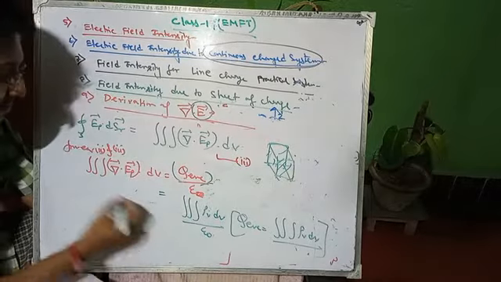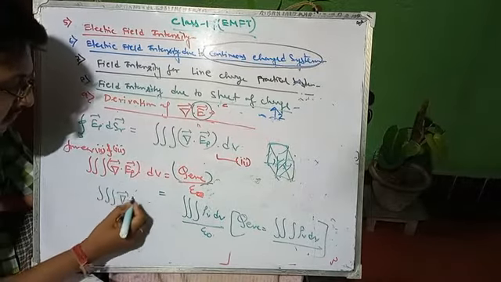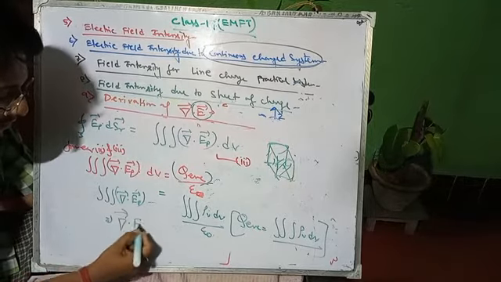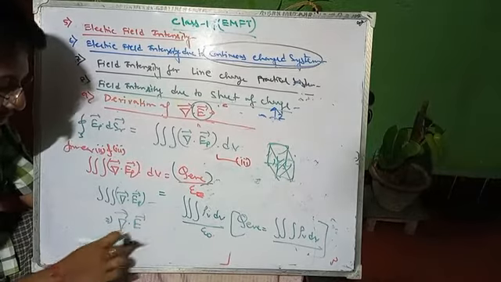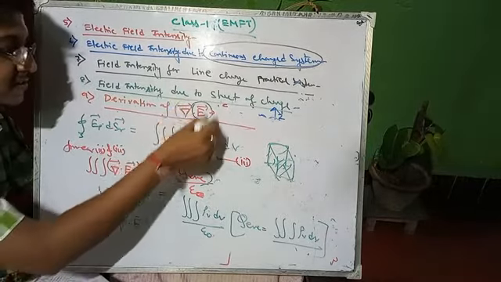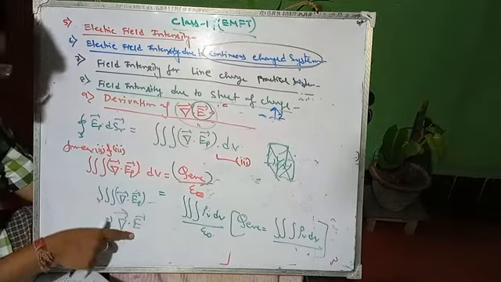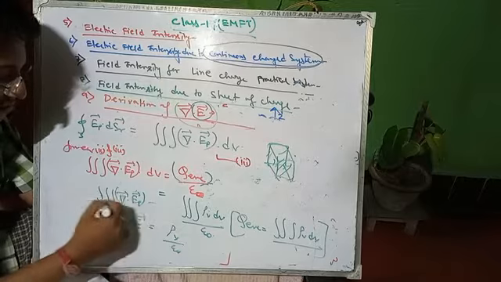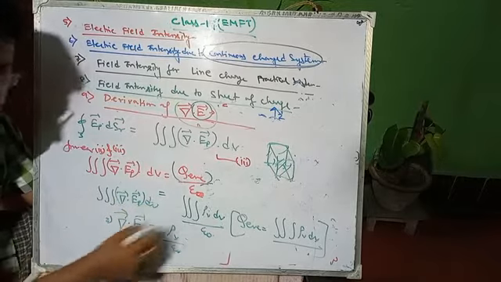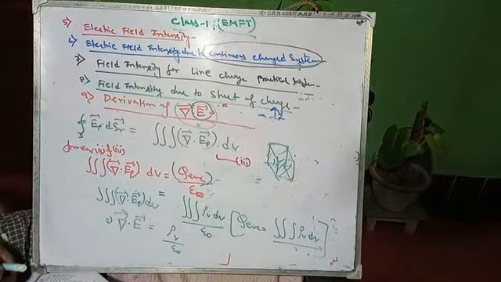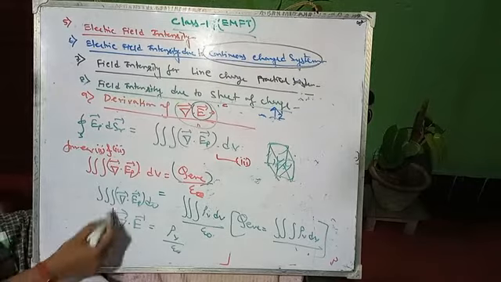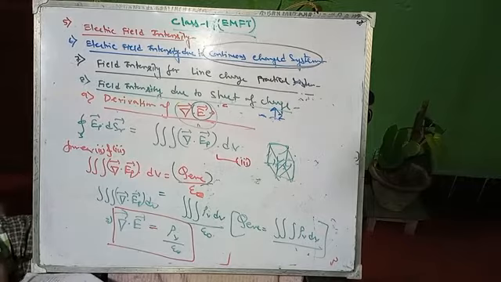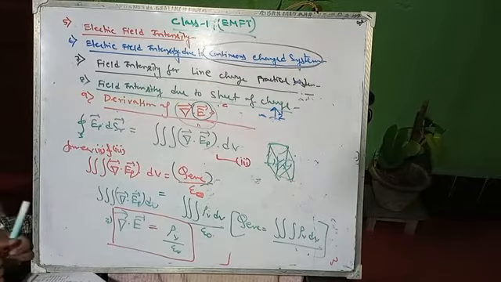Now just ignore this triple integration from both sides. So we have divergence of E, or you can write E only, because we have to find this expression. Here E_P can be treated as E in general. So it will be equal to rho v by epsilon naught, because the triple integration from both sides cancels out. So divergence of E equals rho v by epsilon naught. Okay, so this is right.